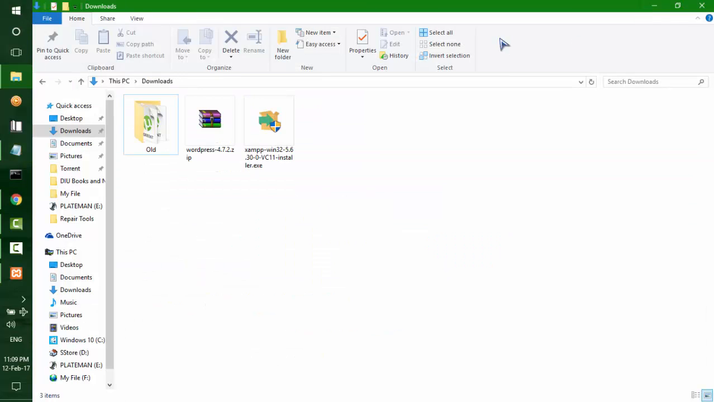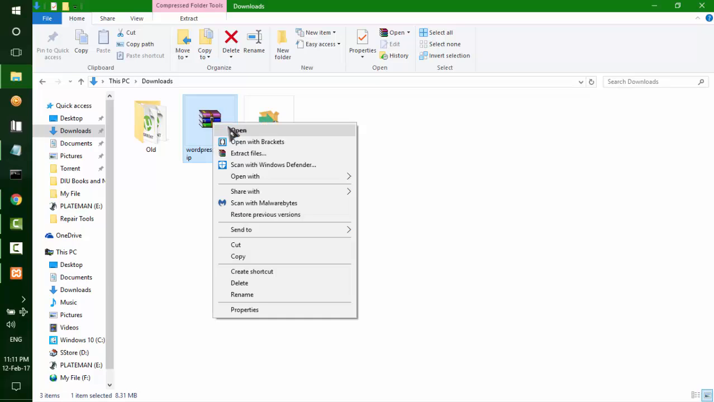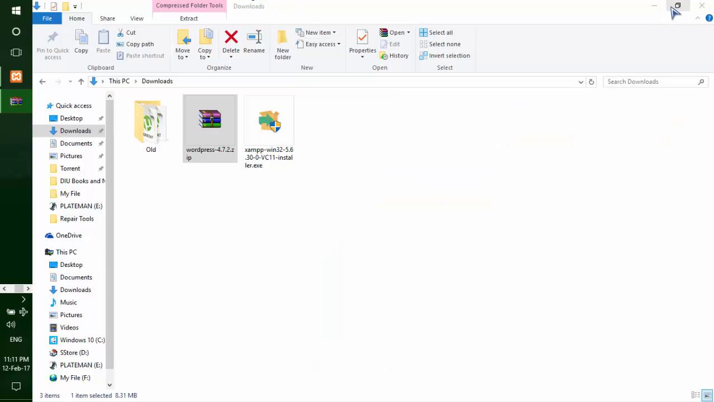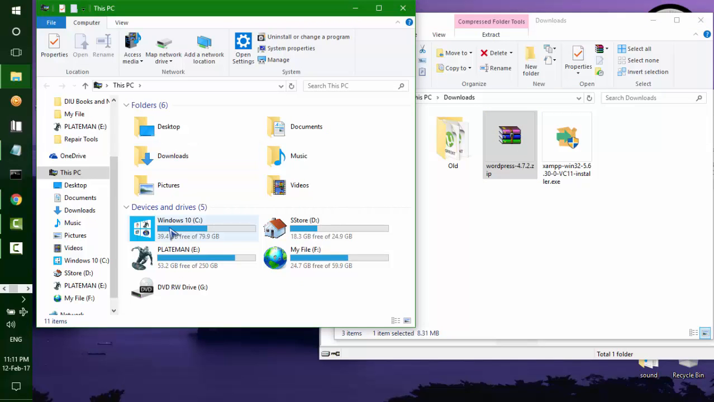We will minimize the browser, and in the download folder we have WordPress software. We need to open it. If you can't open this, you need to install WinRAR or 7-Zip to extract this file, and then we need to go to my computer, local disk C,